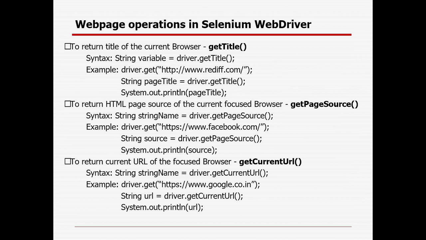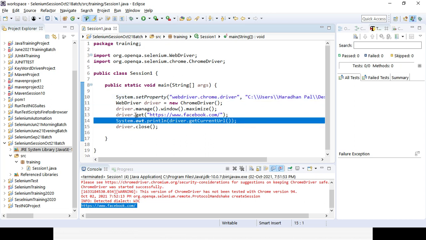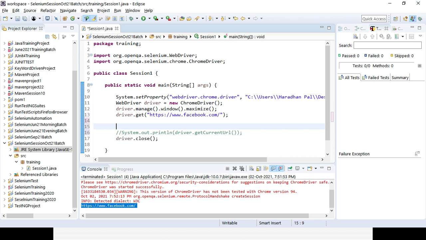So I already covered how to get the title, right? So driver.getTitle, and if you want to print it out, SYSO, you can get the title, or you can store it in some string. Because the title will be a string and you can print it. So whatever lines of code I have written here, instead of directly printing them, that is one way. The output will still be the same. In case you want to use that multiple times, you can first do driver dot get current URL.